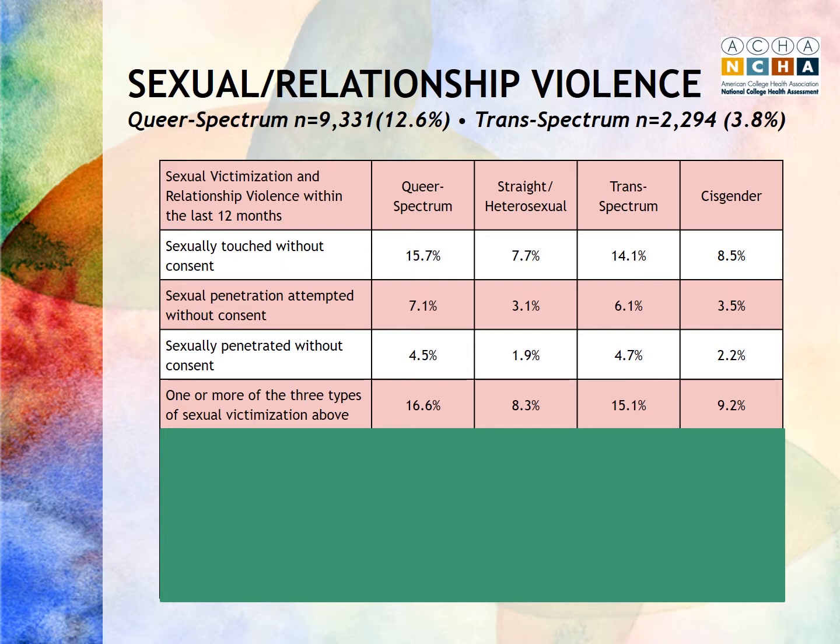Now these categories are not mutually exclusive, so you can't add them together to get the total number of students impacted or experiencing these items. So that's what this 4th row of figures is, those are students that report 1 or more of the victimization types above. And you can see here